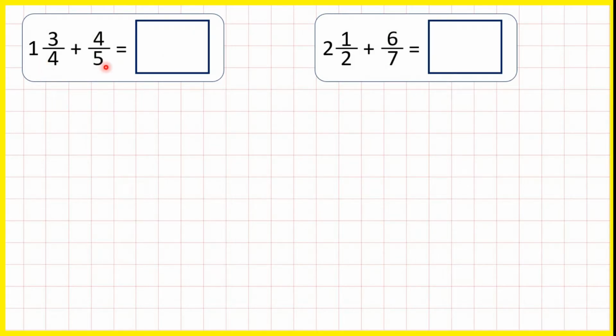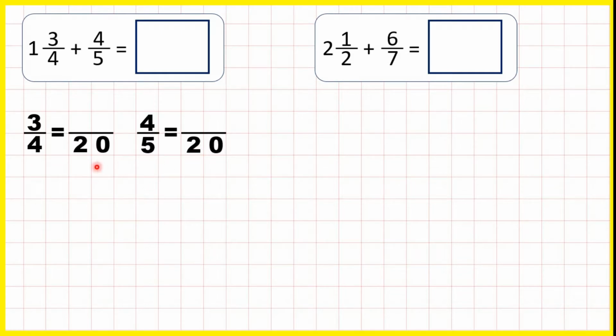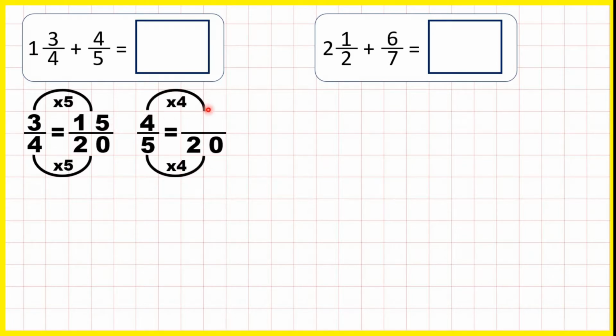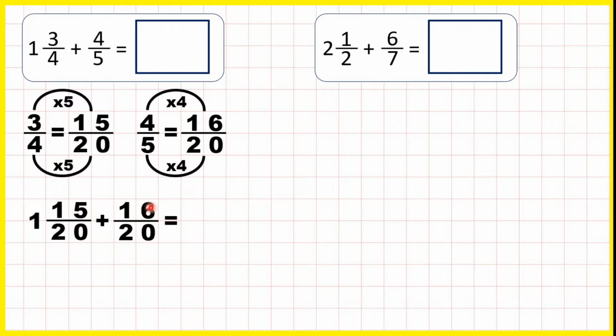1 and 3/4 plus 4/5. So we need to change our fractions so that they have a common denominator. Now 20 is in both the 4 and the 5 times table, so we can find equivalent fractions to 3/4 and 4/5, which have a denominator of 20. 4 times 5 is 20, 3 times 5 is 15, 5 times 4 is 20, 4 times 4 is 16. So instead of 1 and 3/4, we can write 1 and 15/20, and instead of adding 4/5, we can add